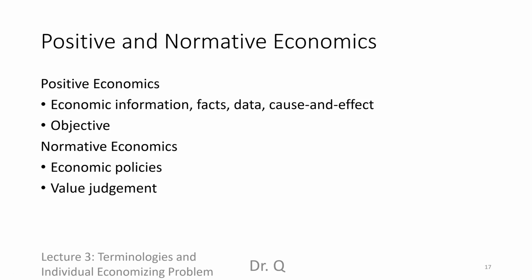On the other hand, normative economics is about economic policy, and it is all about value judgments in regards to what the economy should be like and what economic policies we need to carry out to achieve the desirable outcome. Economists may argue in normative economics. When you come across key words like should, need to, must, supposed to, or ought to, you're dealing with normative economics. There are so many of them everywhere in the news.